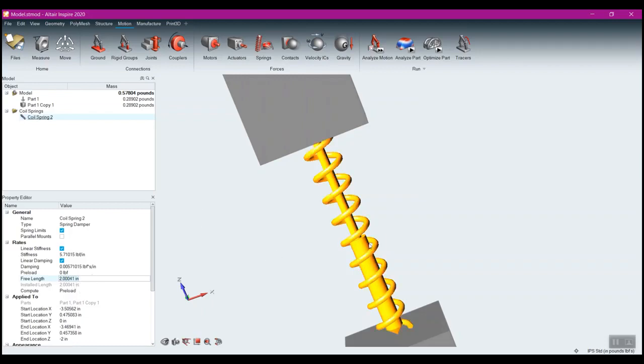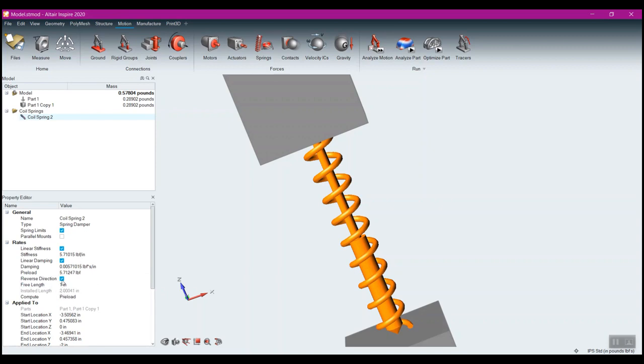So the free length right now, and I can't change the installed length because it's set between these two surfaces right there. But instead of a 2.00041 installed or free length, if I change that to 1,